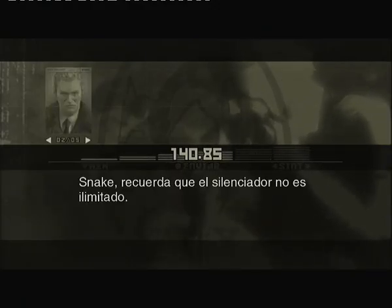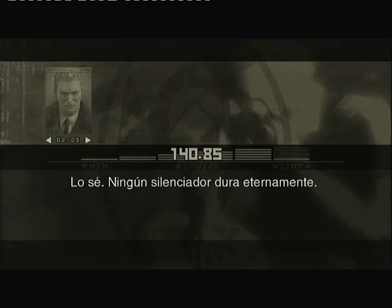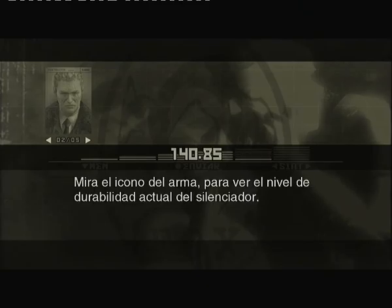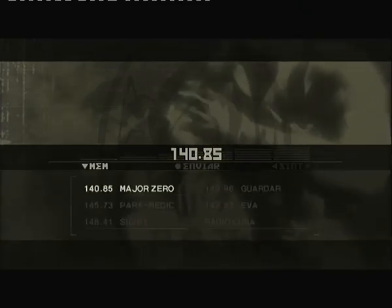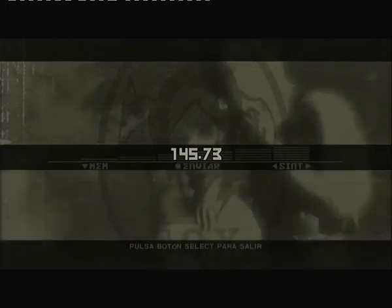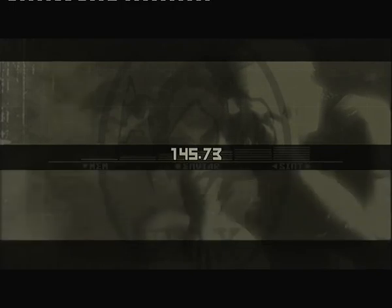Snake, remember that the suppressor is a limited commodity. I know. No suppressor lasts forever. Exactly. When the suppressor's durability wears away, it breaks beyond repair. See the weapon icon to check. Eat food to recover. You'll get a stomachache if you...